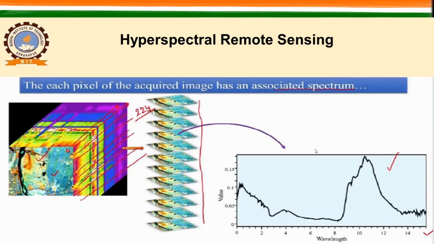Now ultimately what is our intention? We want to characterize the objects or the surface. How can we do that? We can derive the information of an individual pixel by deriving the reflected values across the wavelength. Here is another example, not the actual data. For this particular pixel, this is the information. Let us assume this sensor is working between 0.4 to maybe 15 or 16 micrometer, and these are the responses.